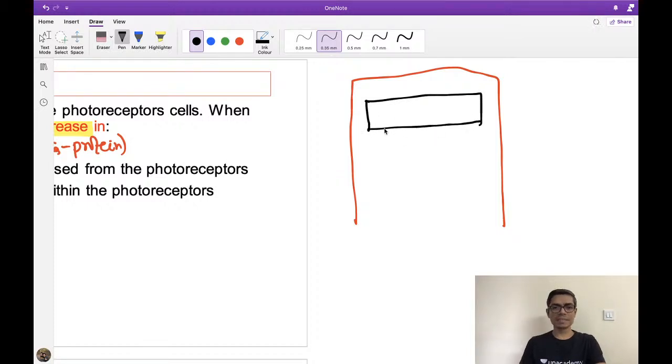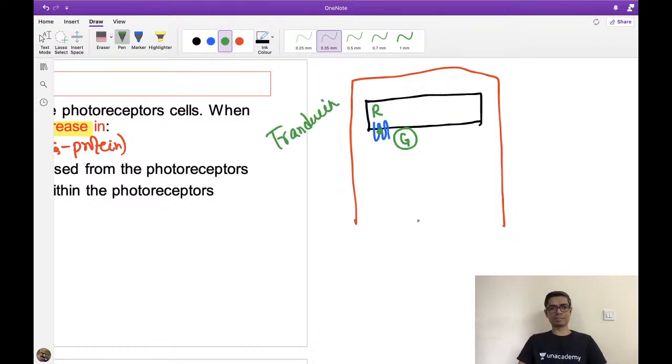This optic disc contains the rhodopsin molecule. All of you know that it is nothing but 11-cis retinal and the opsin molecule. So this is the retinal and this blue structure is the opsin. Close to this rhodopsin molecule, there is the G protein of rod and cone cells, and the name of this G protein is transducin.